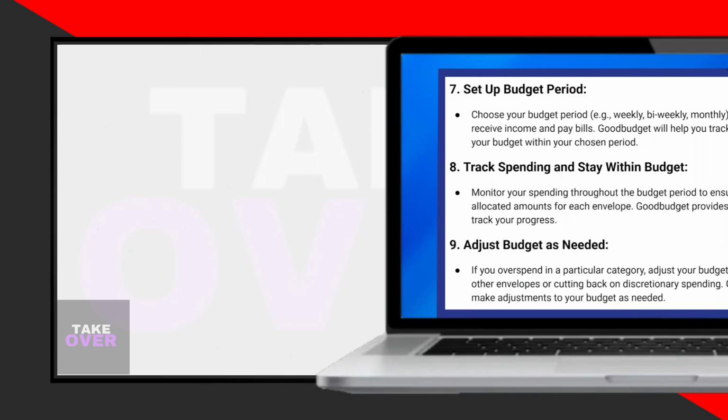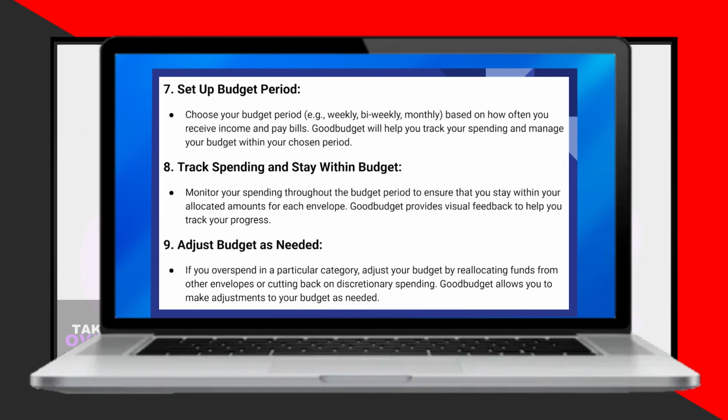Monitor your spending throughout the budget period to ensure you stay within your allocated amounts for each envelope. If you overspend in a particular category, adjust your budget accordingly by reallocating funds from other envelopes or reducing discretionary spending. Goodbudget allows you to make these adjustments as needed,